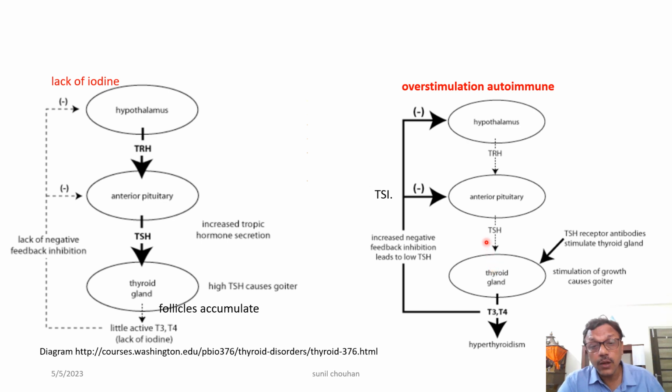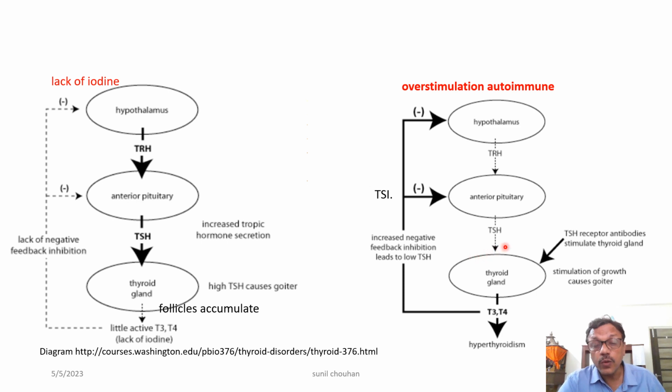Now if, instead of thyroid stimulating hormone, some other molecule is stimulating the thyroid gland, for example certain immunoglobulins, then these become thyroid stimulating